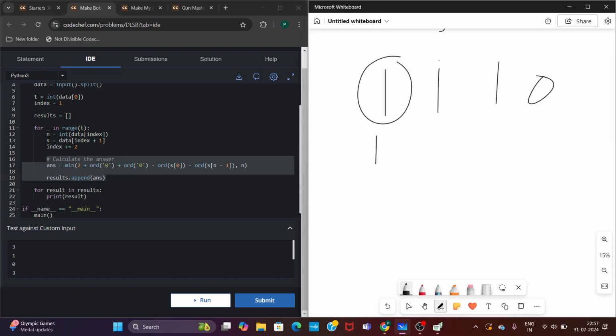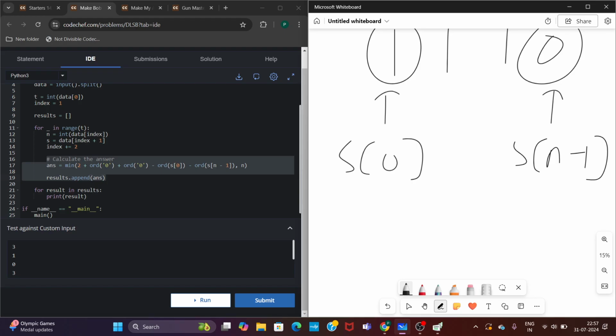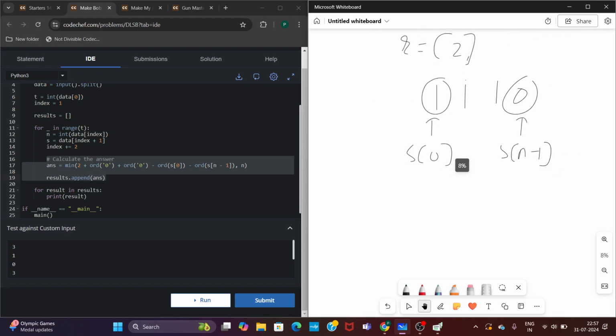Our first element and our last element: S of 0 is 1 and S of n minus 1, meaning S of 3, is 0 over here. So our answer will be